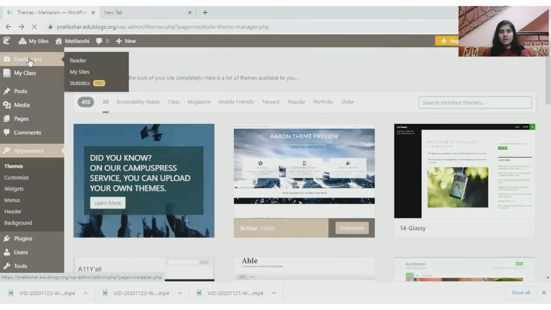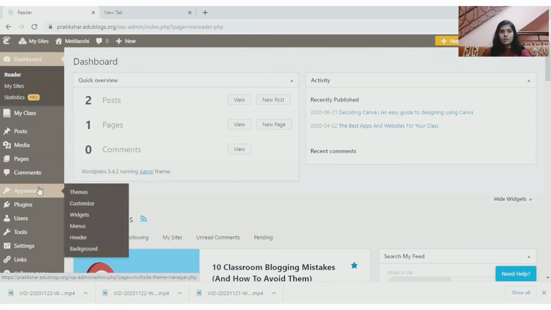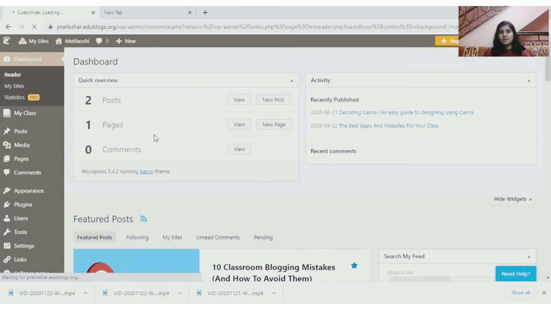So now we'll go back to appearance. I'll just go back to dashboard and then go back to appearance, right? Now you can see there are various options. You can keep the background also if you want. As you can see, my background is very different.